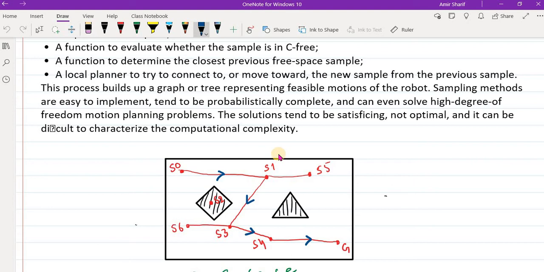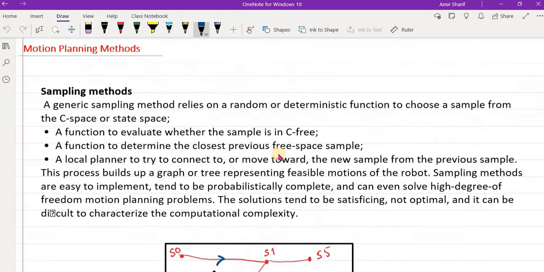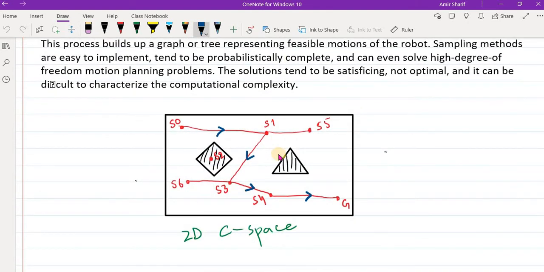But these methods, the sampling based methods, are suitable for higher dimensional problems. The solutions tend to be satisficing, not optimal, and it can be difficult